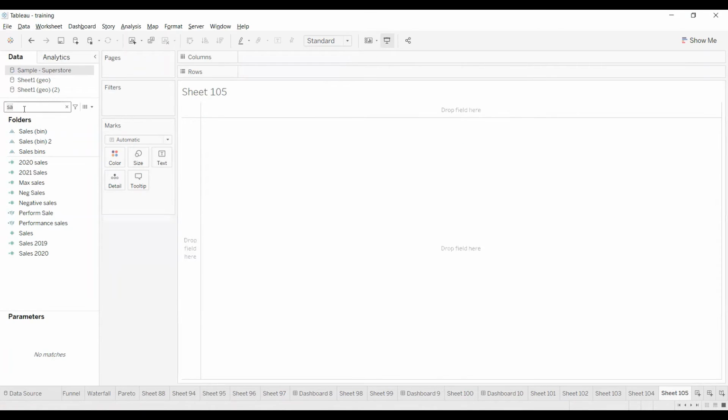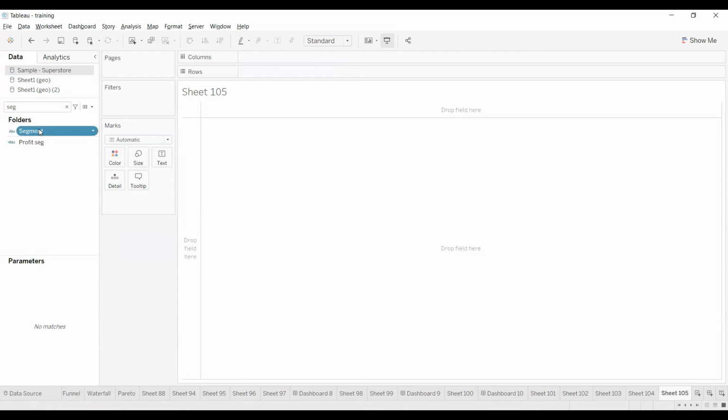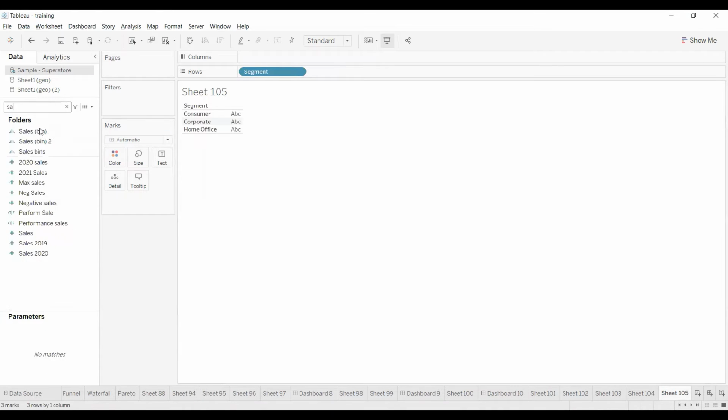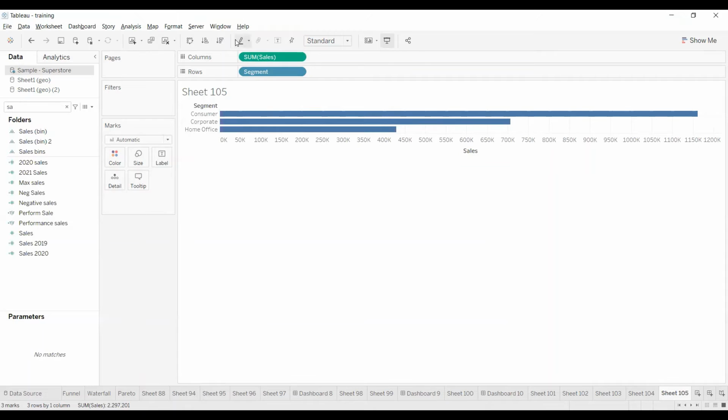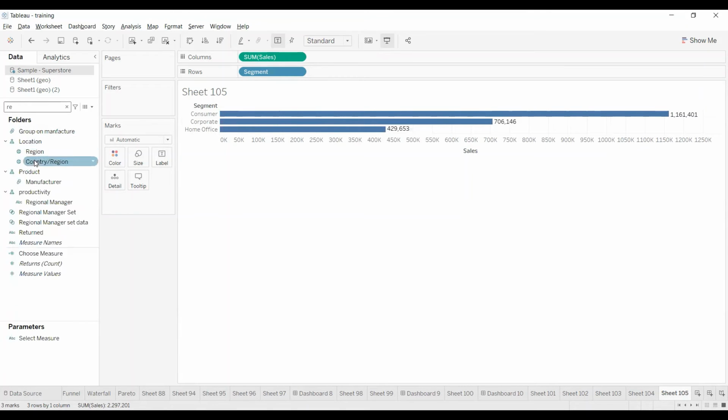First, I'm going to put segment wise sales and drag and drop sales into the columns. Now I got sales for each segment level, and I want to show each region manager level here.